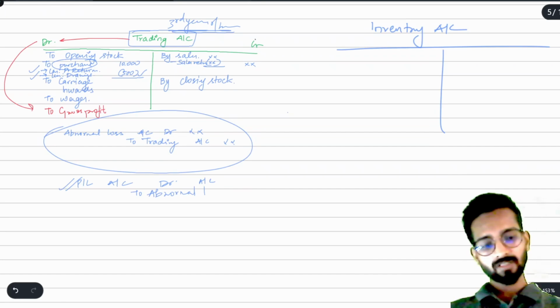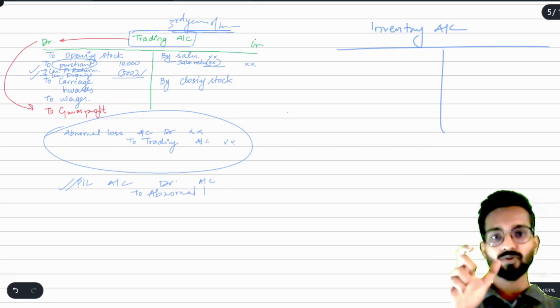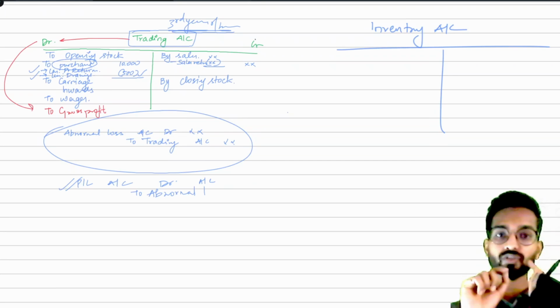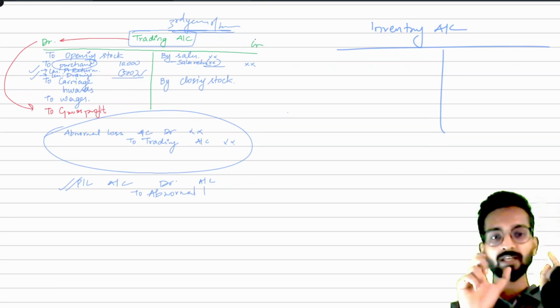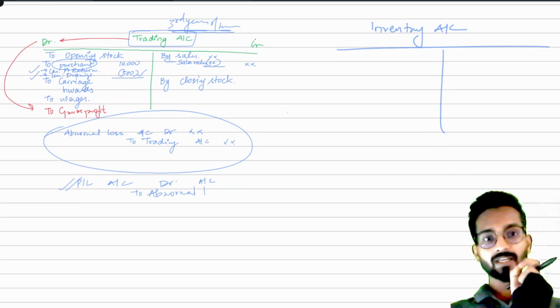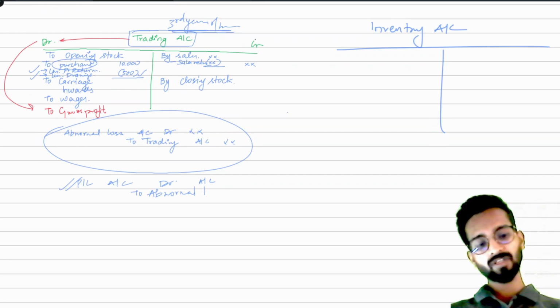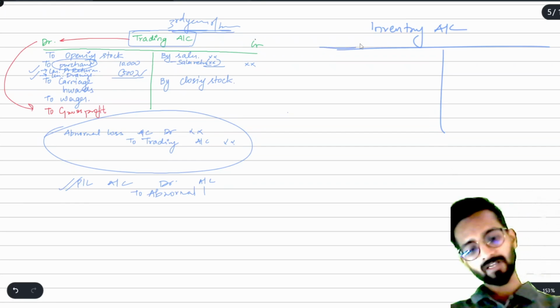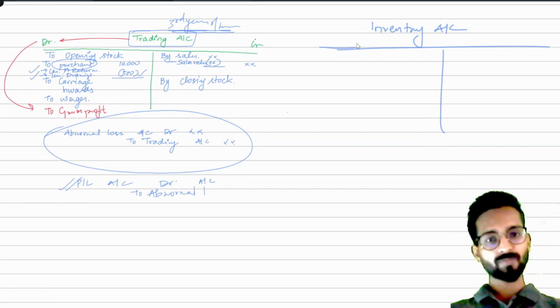Understand this also, the word stock is not correct, because stock means a group of something. When I say stock of goods, it is called inventory. Stock doesn't mean inventory. Inventory is the technical term, so always use the word inventory. But in our schooling in 11th standard we have been using stock. It's okay. Inventory account, if I tell you inventory is my goods, now tell me if I am buying inventory,